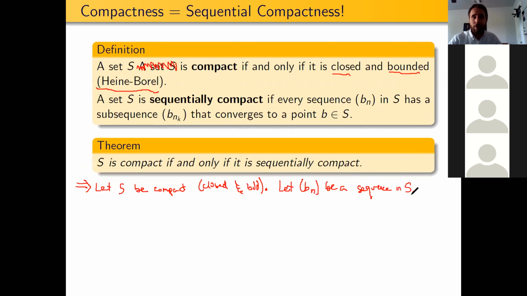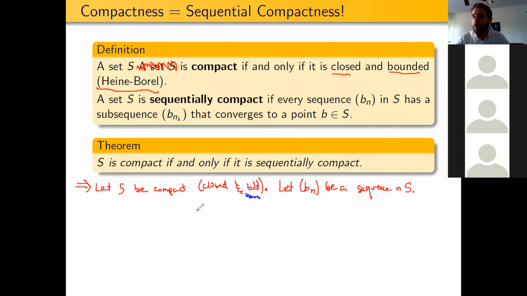Now, how can we go about doing that? Let's find out. We need to recall some old results that we have. So if our set is compact, it is closed and bounded. And since it is bounded, we'll start there. Since it is bounded,